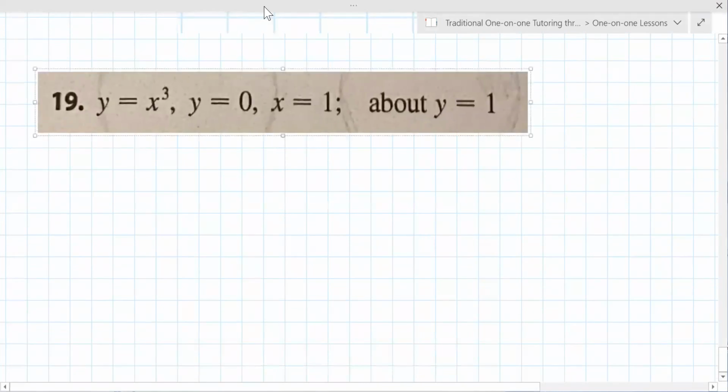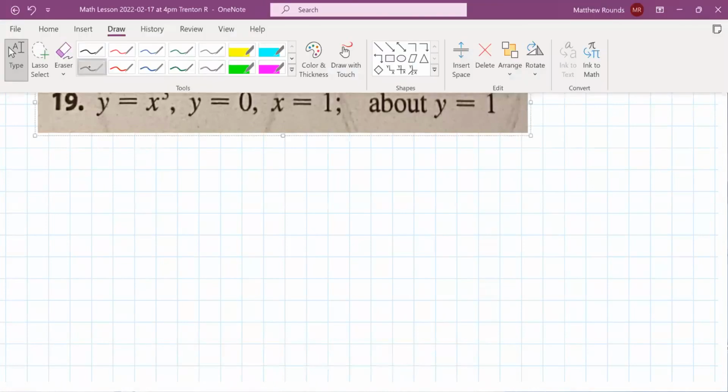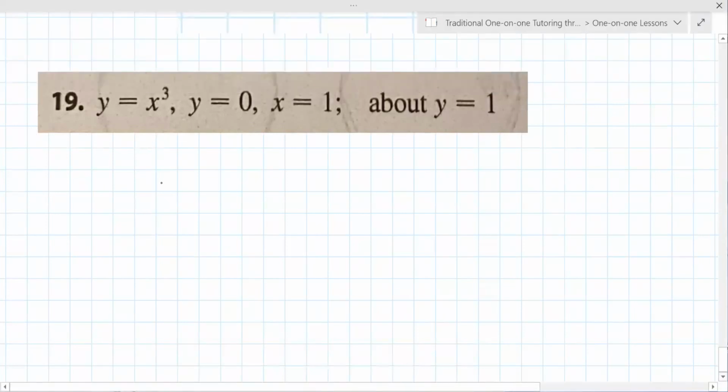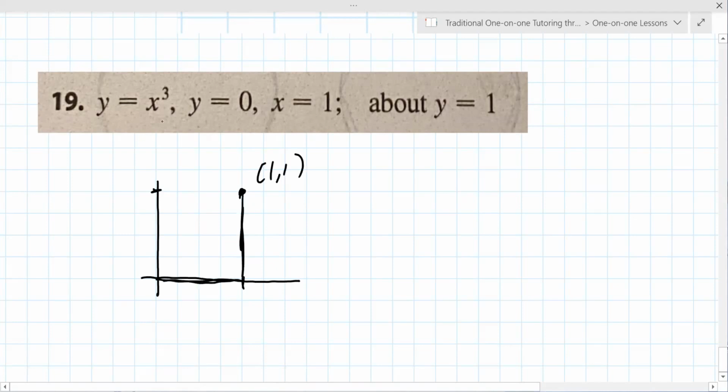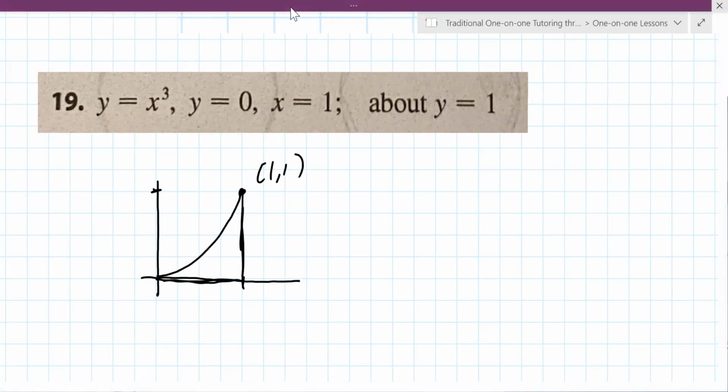Okay, so we've got y equals x cubed, y equals 0, x equals 1. I guess I have to zoom in on this a little bit more. So let's assume that this is (1, 1) here. So that's 1, that's 1. So y equals 0 looks like this, x equals 1 looks like this, and then x cubed has this kind of shape to it right there. So we're taking that region,